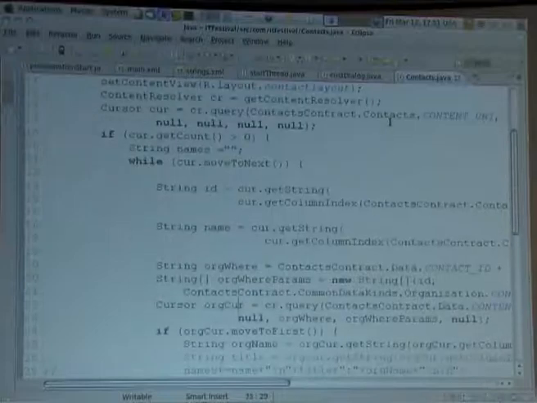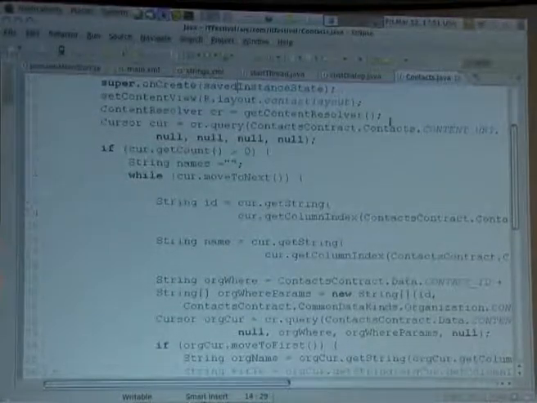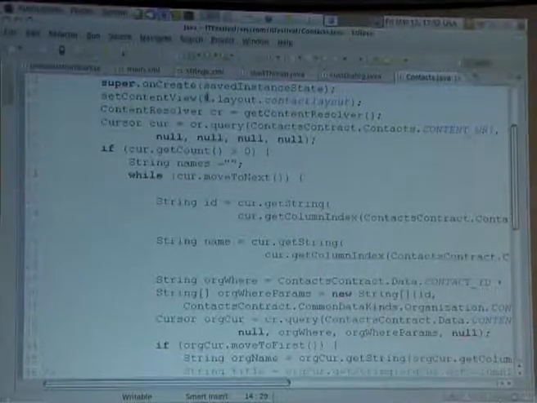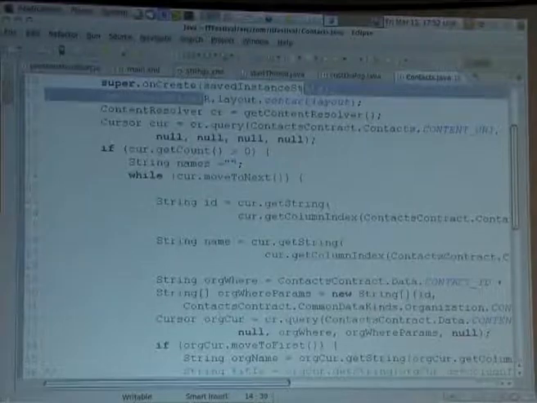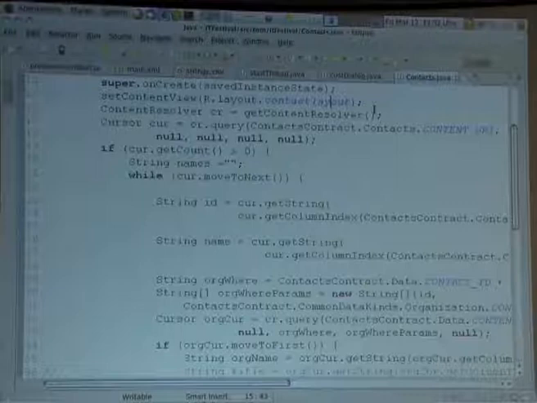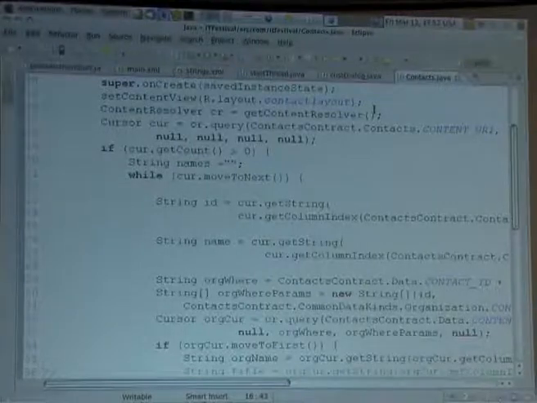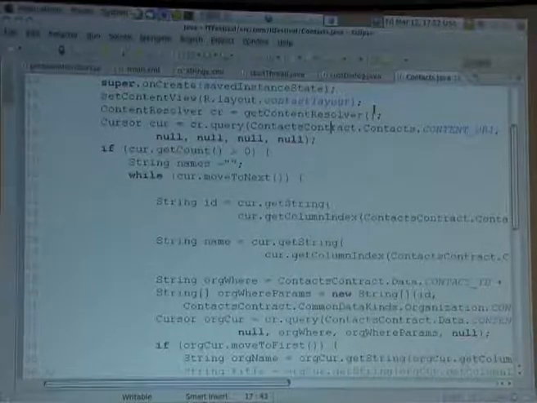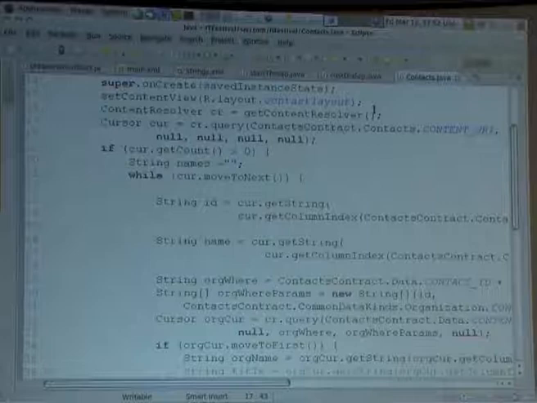I have received the get content resolver based on the contact. I have defined it, as I did mention before, I have to define the layout of the activity, how the view is displayed to me, and get the content resolver and define my cursor, which is the pointer to the top of the query of data I have received from the contacts.